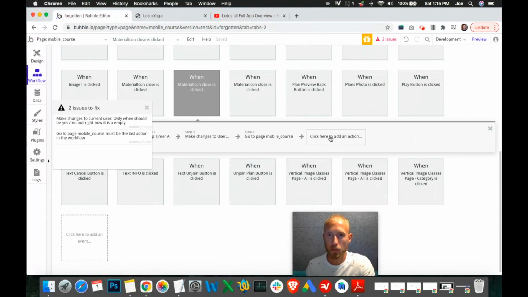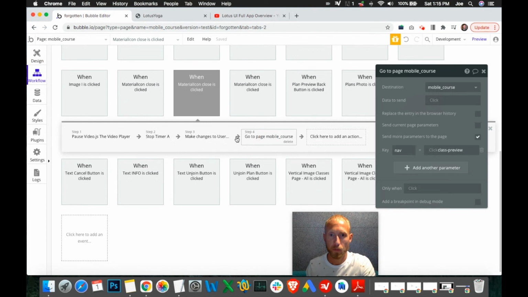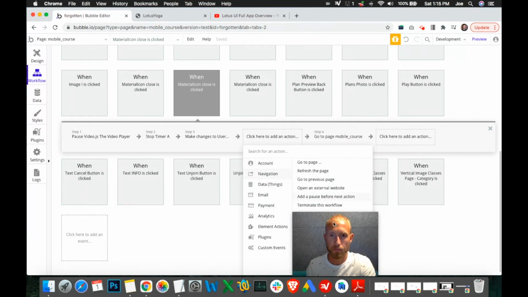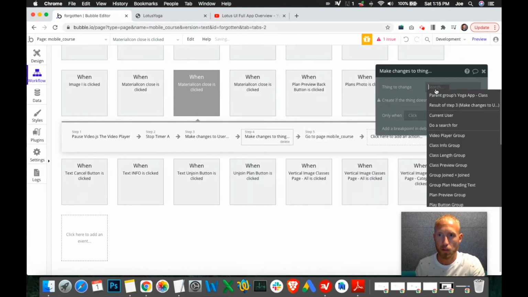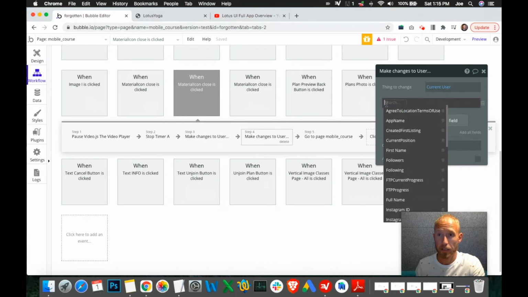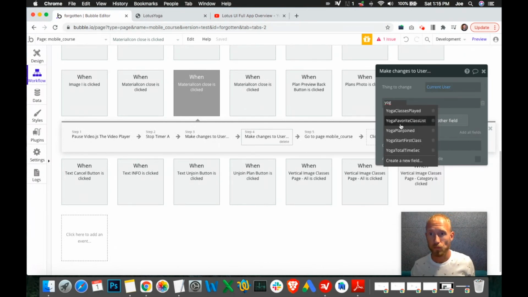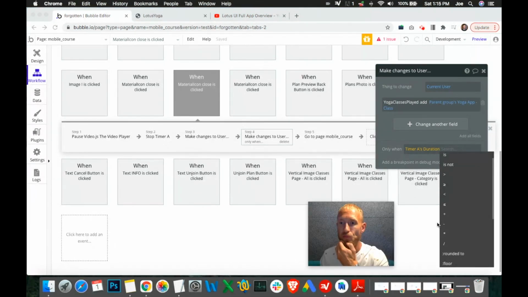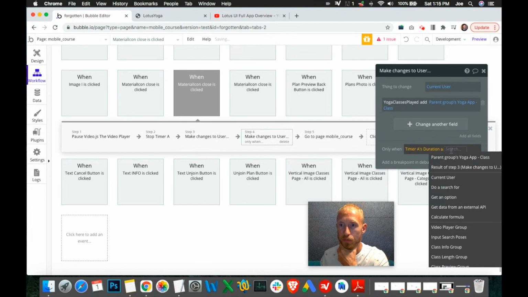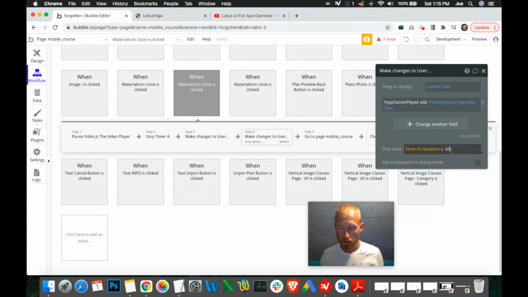All right. We're going to start over. We're going to insert an action here, and make changes to a thing. The thing is the user. The class is played. We'd like to add the current class, but only if time array's duration is greater than or equal to 60 times